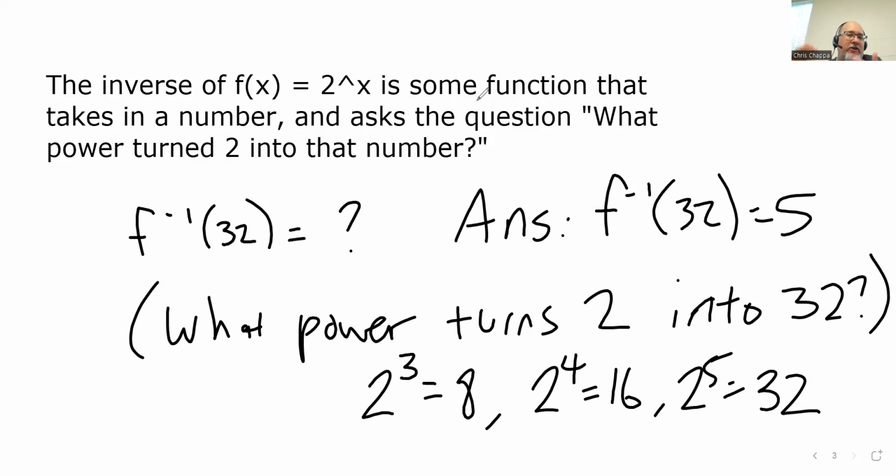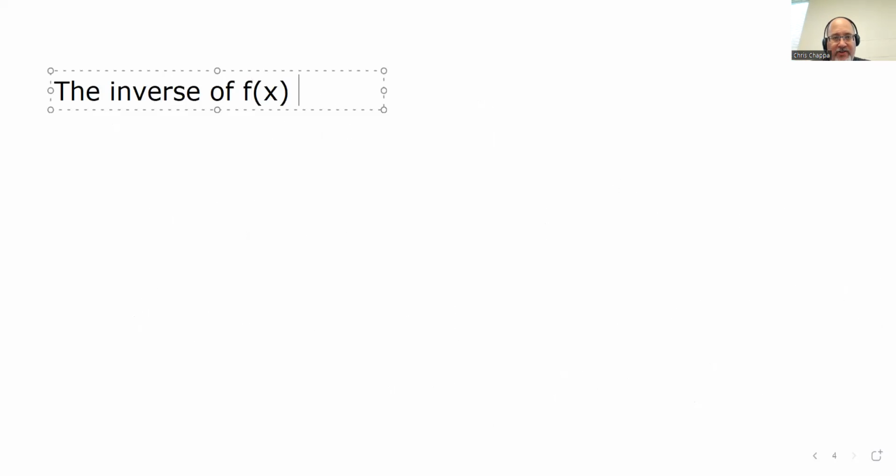So we kind of know what the function is asking. It's like a question. What power turns 2 into this input? And the answer to the inverse function is whatever the missing power is. But what is the name of the function that takes in a number and says, what power turned 2 into that? And the answer is defined as a logarithm. The inverse of f of x equals 2 to the x, I'll just type it up there. Give me 1 second to throw a text box up there with a slightly smaller font. There we go. The inverse of 2 to the x power is